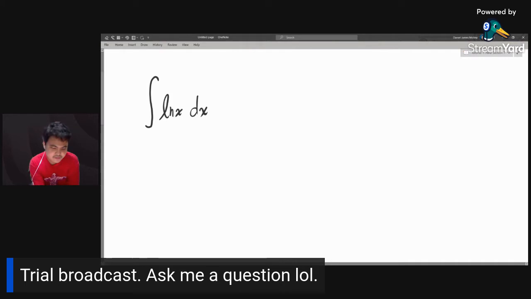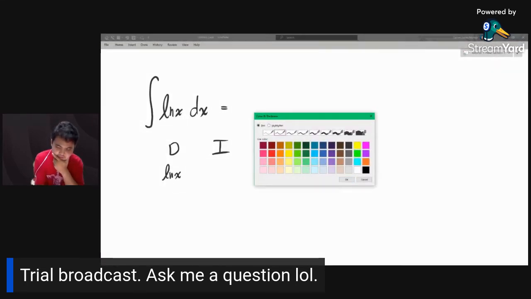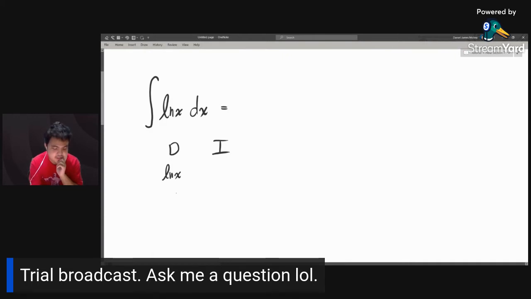So, what's the best way to do this one? Maybe let's try the DI method. Yeah, let's try the DI method. Okay, so what are you going to differentiate? Let's have ln x for the differential. Then we'll integrate 1. Okay, so let's differentiate this one, then integrate this one. And then,